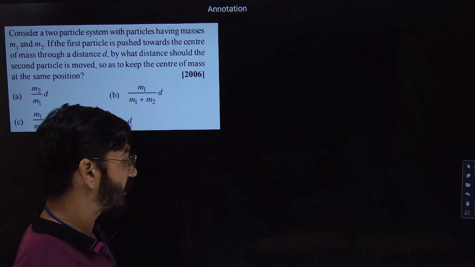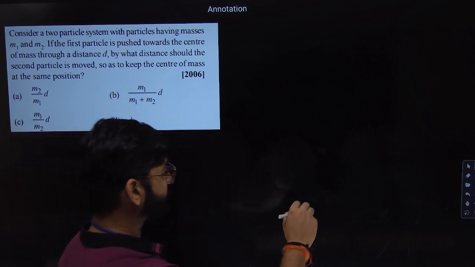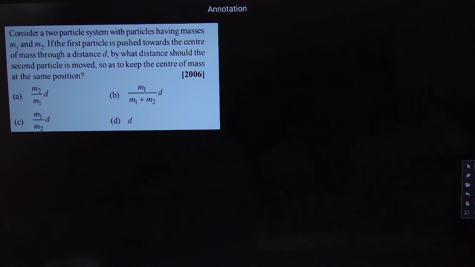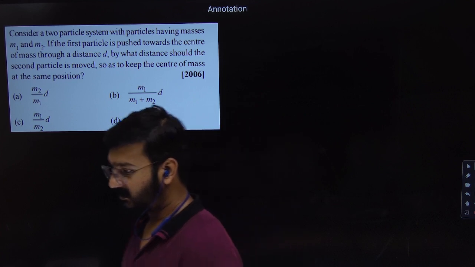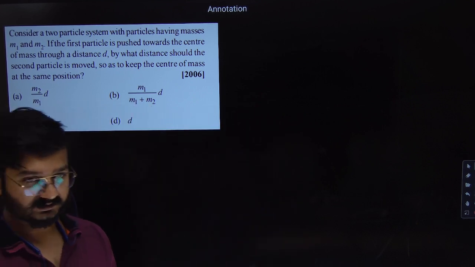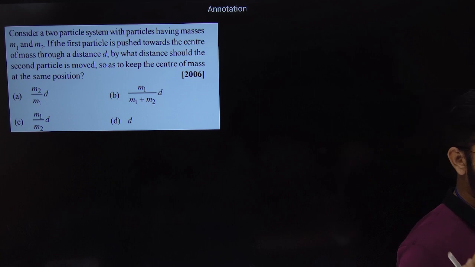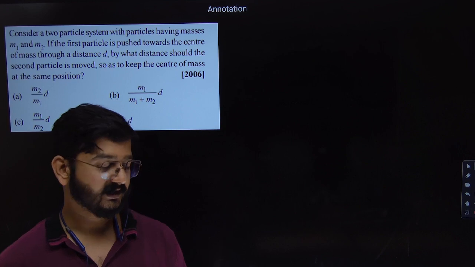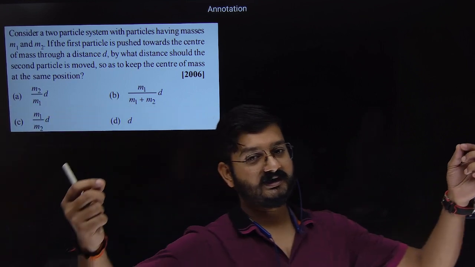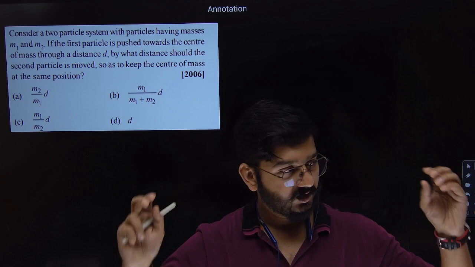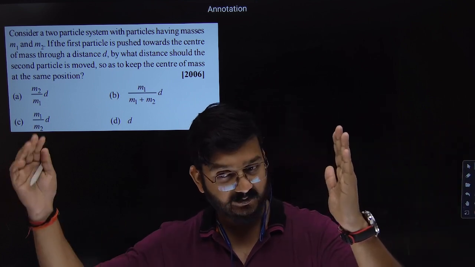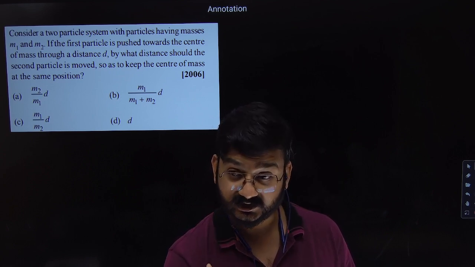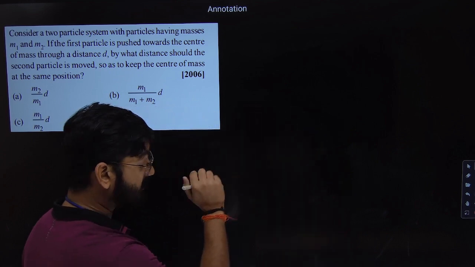It will remain the same. Now let's start with the first question. All of you have read the problem. You can read the problem quickly. There are two methods to solve this. I will tell both methods, whatever suits you. By shortcut, we can solve it in 15-20 seconds. What is happening? Two objects are present at distance d, center of mass is present. One object is pushed towards the left. They are asking how much the second object should also be pushed towards the left so that the position of the center of mass doesn't change. All of you see the shortcut on the board.